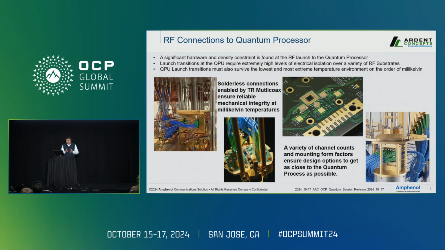This is made possible through a wide array of channel counts and mounting form factors, allowing designers to position connectors as close to the quantum processor as possible. GaN solderless connector solutions represent an indispensable technology in our pursuit of the density and performance needed to meet the demands of exponentially growing qubit counts, and in the future